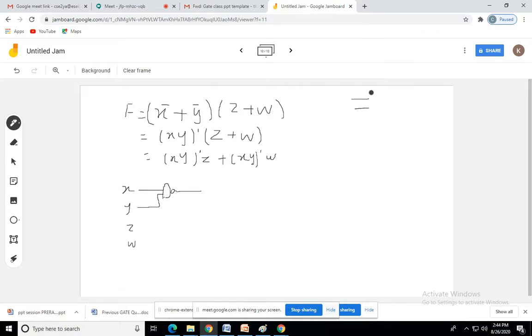What is the expression for a NAND gate? X, Y, this is F. Sorry, this is an AND gate, so here we have to put a bubble so that it becomes a NAND gate. This is the expression (xy) whole dash for the NAND gate. So directly we can use a NAND gate here, and we have to AND it with the Z variable, using an AND gate here.